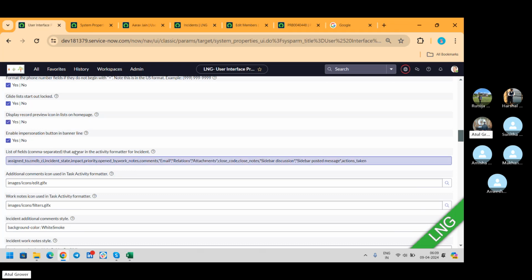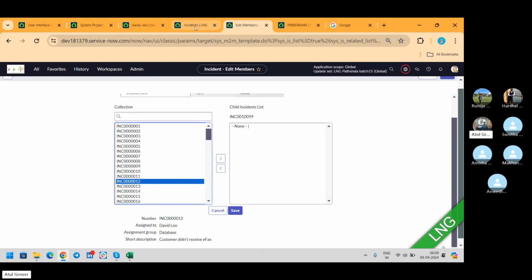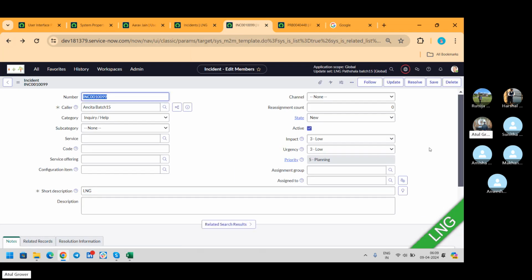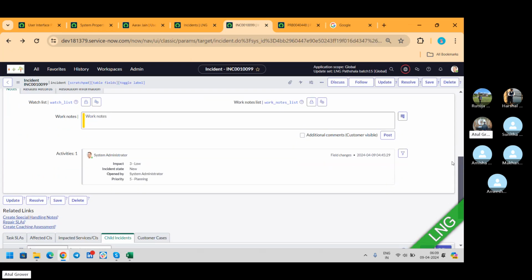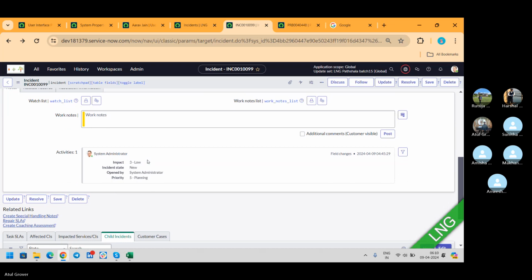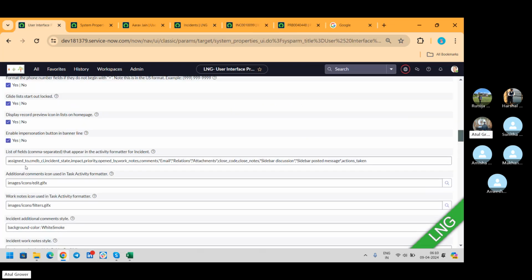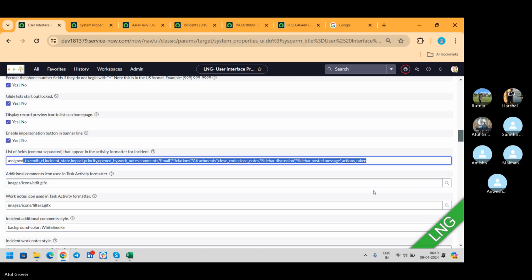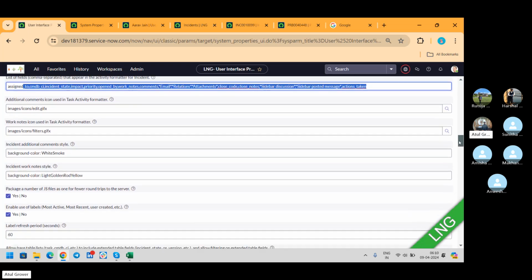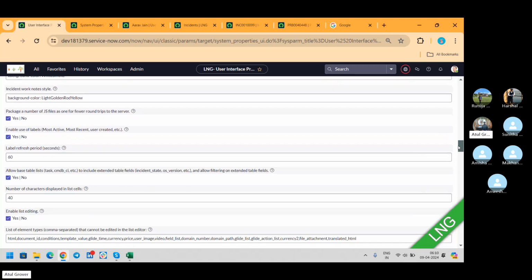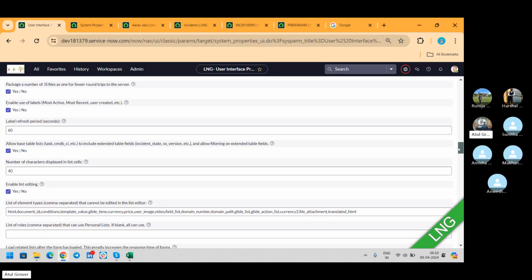List of the fields that appear in the activity format for incident, ये जो आपको दिख रही है, जो यहां पे दिखते हैं फील्ड्स, ये नॉट ऑल, ओनली दीज फील्ड्स। इफ यू चेंज समथिंग इन दिस, इट विल शो देयर। ठीक, देन स्क्रॉल डाउन, ठीक है, इसको छोड़ते हैं। लेबल्स, हाँ, अनेबल यूज ऑफ लेबल।